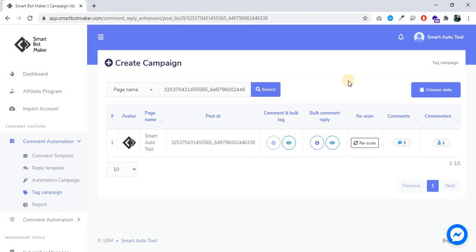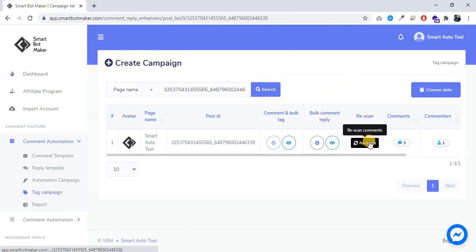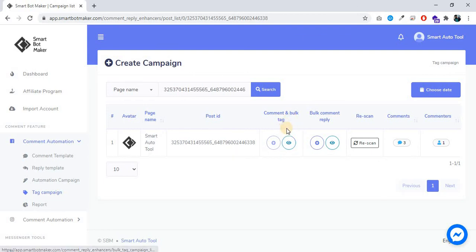To resync new comments, click on rescan. You can see a couple of plus and an i sign button. The plus icon is for creating a new campaign and the i sign is for viewing the report. The first button is for comment and bulk tag, and the second button is for bulk comment reply.